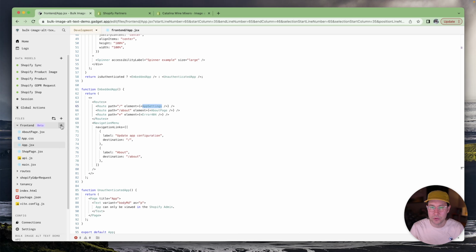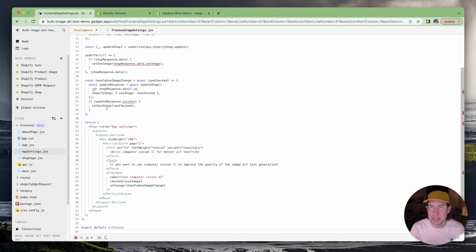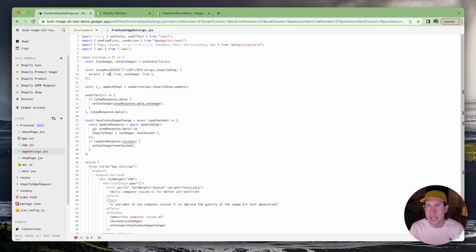So in the frontend folder, we can create a file here. We're going to call it appsettings.jsx, capital A, capital S, hit enter. And then again, I'm going to be copy pasting a file that you can find in the video description. It's very simple. It's just using some React capabilities here. We're using Gadget's React package, some Polaris components,